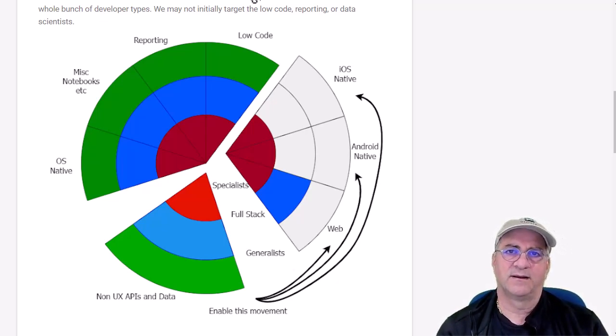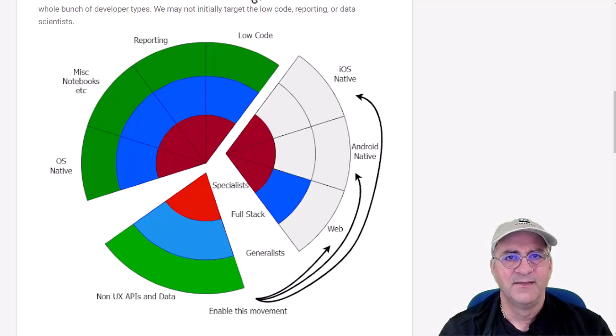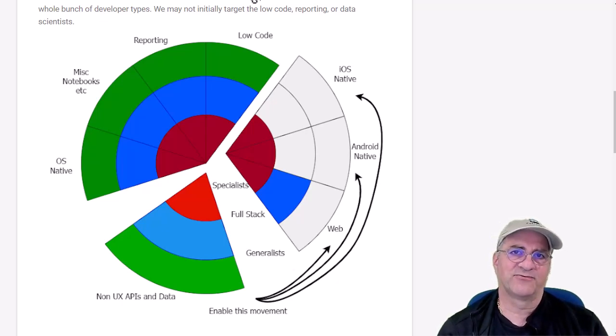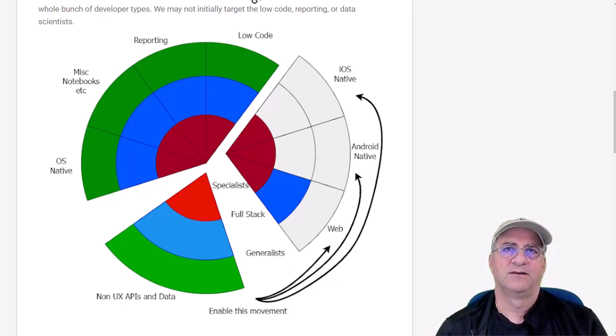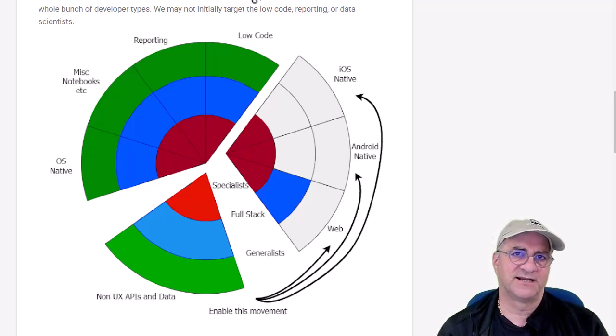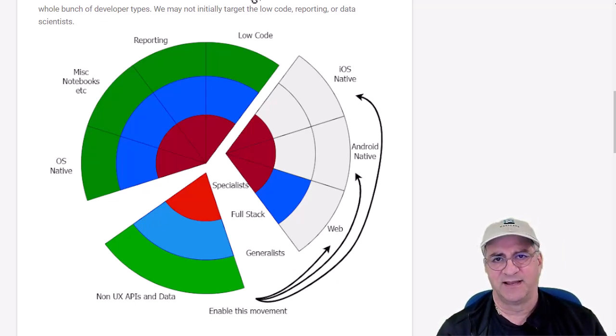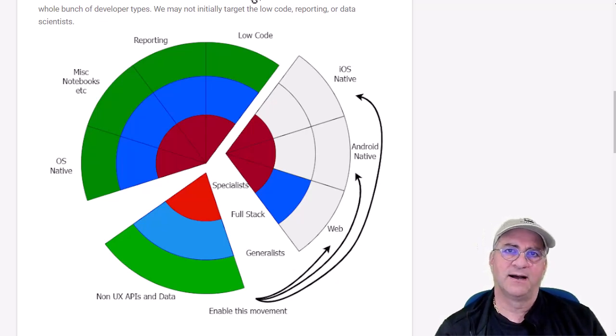And then what we want to be able to do is increase the number of people in those spaces and increase the number of people that can do more than one thing. And the big pool of developers, we have these other user interfaces, OS native, and we actually can do that with Flutter too. I'm kind of treating that as separate. We have Jupyter notebooks and other things for data scientists, which is a type of user interface that people build for exploration, and they actually deliver notebooks for others to use. We've got reporting tools, any kind of BI tools, and you can end up with specialists, kind of generalists doing that. There's a whole pool of people that can do reporting and generate useful reports. And then we've got low-code environments.